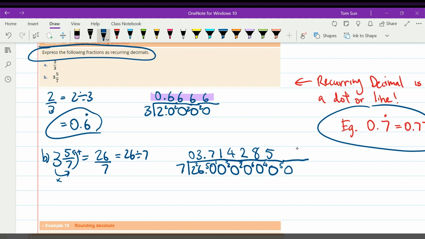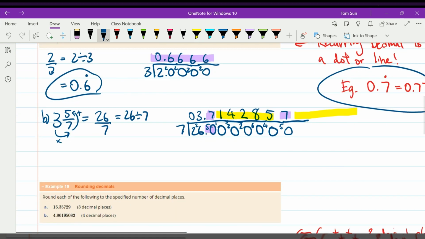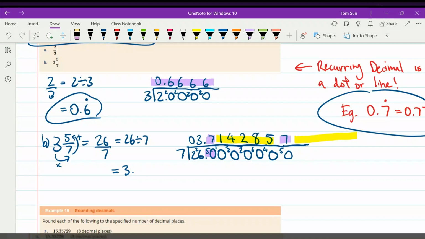Now, 7 goes into 50 7 times. Now, why is this important? Well, if you remember, we've already done this step. 7 goes into 50 7 times. So we've done all of this, and what's resulted is all of these numbers afterwards. What's going to happen is that same pattern is going to keep happening with this 7 right here starting, and then a whole bunch of the same numbers, 1, 4, 2, 8, 5 again, and then it's going to keep recurring. This is also a recurring decimal, except this time the pattern is going to be